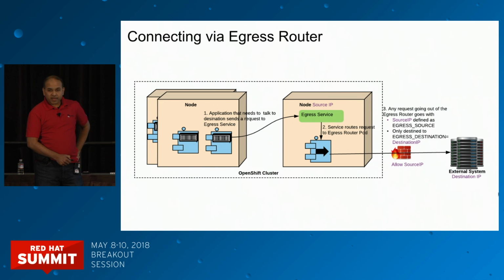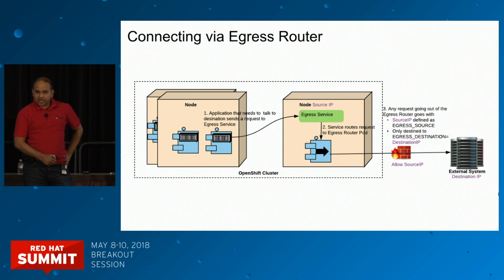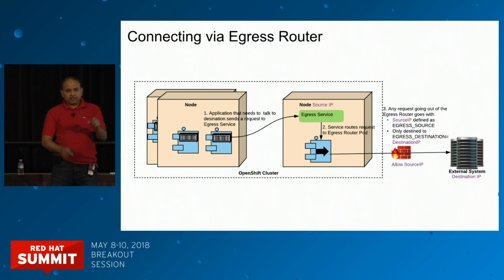But it does a little bit of magic here. Your egress pod, when you bring it up, you'll set 2 different configurations in this egress pod. One of them is a source IP. The other one is a destination. This destination is your external system's IP address. The source IP is what you have opened up on your firewall. So if your firewall is allowing traffic from a specific IP address, that IP address is what is defined in this egress pod. Now, what this egress pod does is, irrespective of wherever the traffic is coming from,